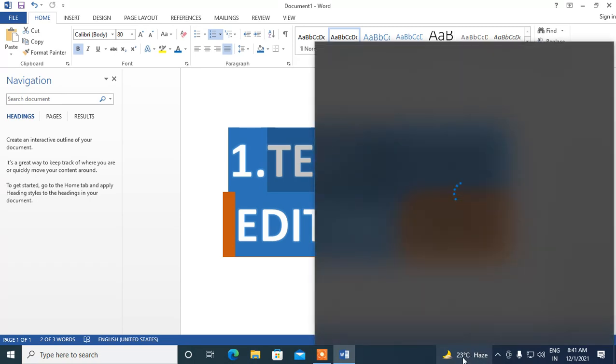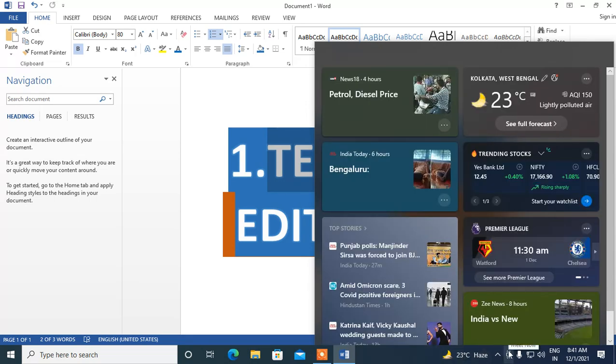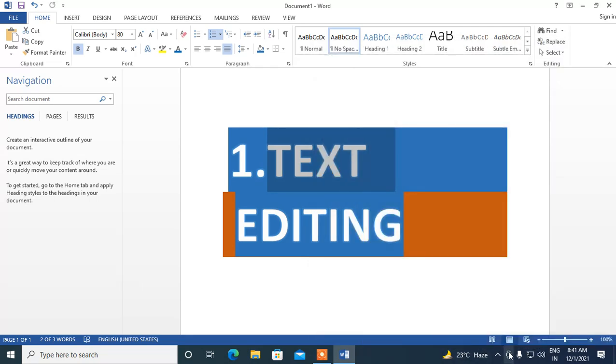Insert and replace also we have. How do we insert and replace text? Once the text is selected, suppose I select this text, and we begin to type the new word, the selected text is deleted and the new text is typed over. So the selected text is replaced with the new one, and this is known as overtyping.